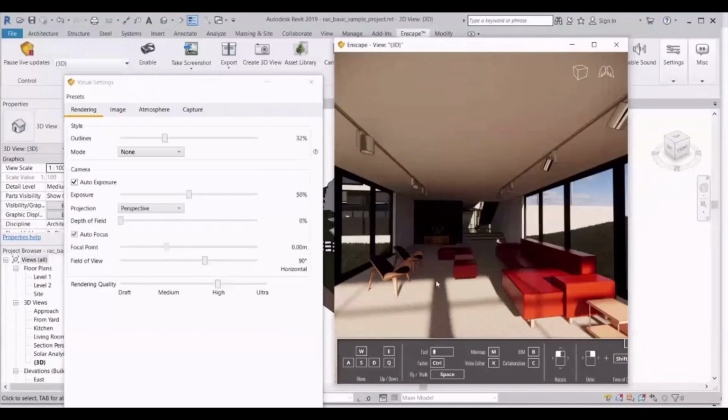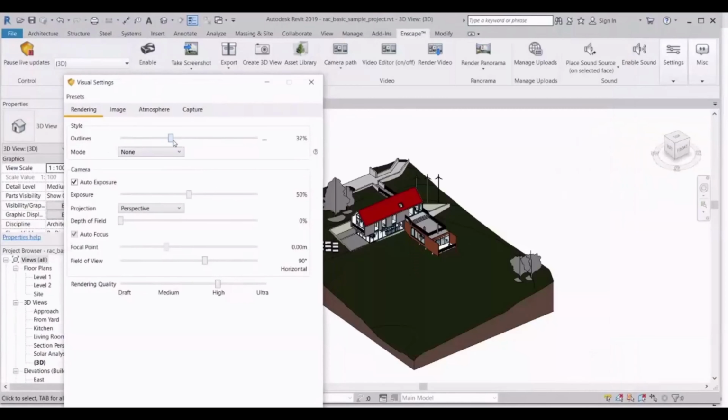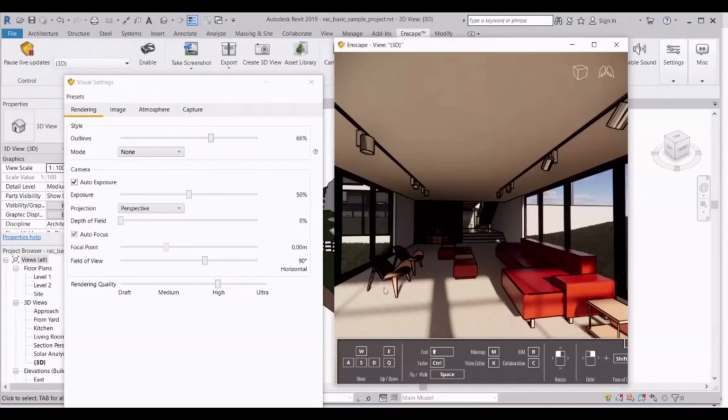There you see these outlines have been reflected. If you increase this, you see thick lines, and you get a bit of a cartoonish effect with this style of outlines.